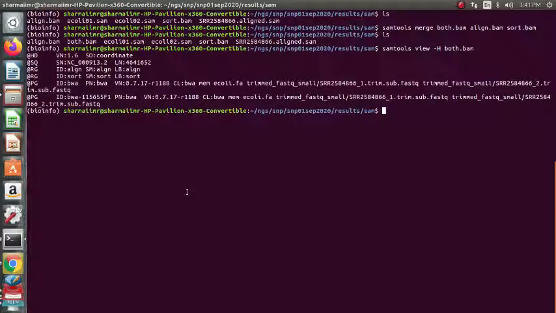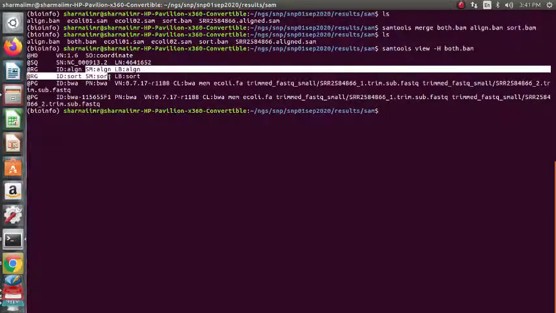Now you can clearly see the sample difference. What are the two samples? Align (ALGN) and sort.